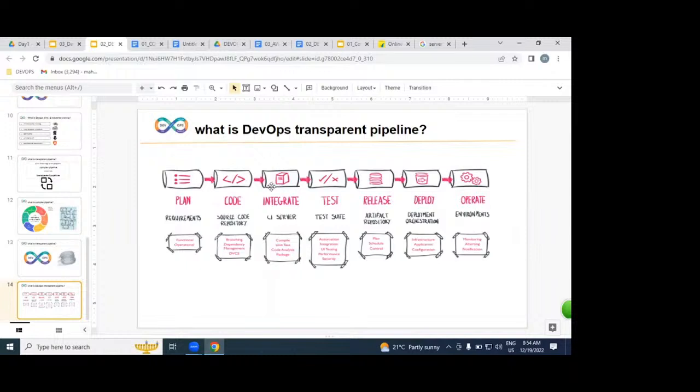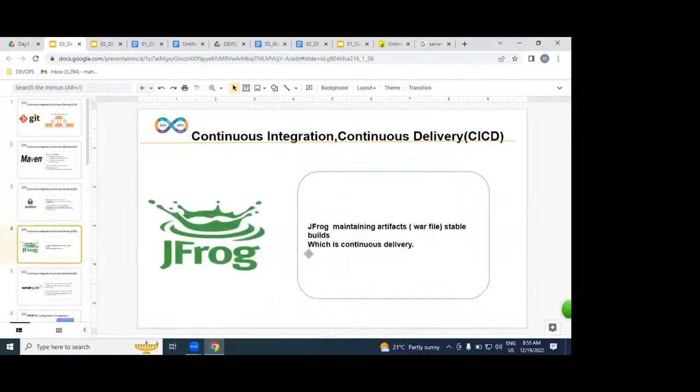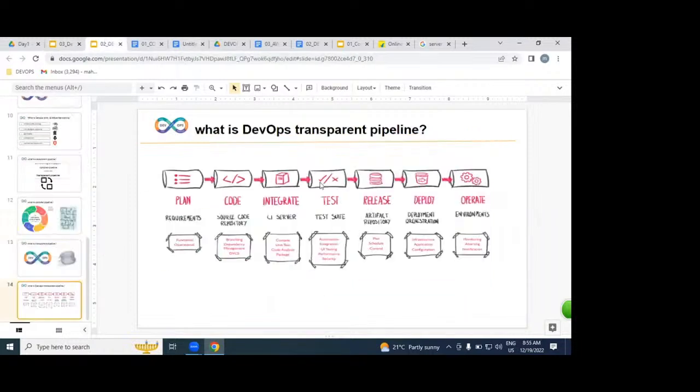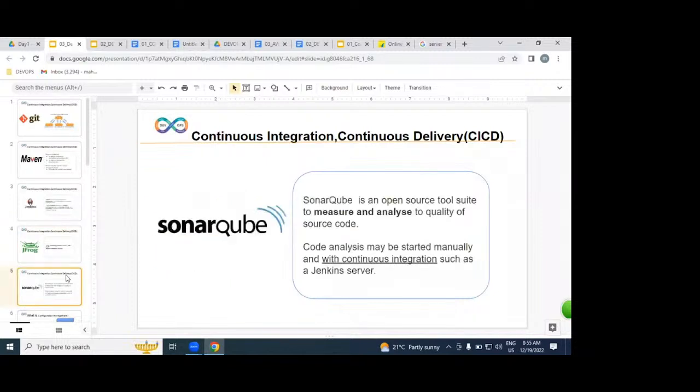Once it is automated, we hold our working software in a release. The release is nothing but JFrog. And we are going to learn SonarQube. SonarQube is a code analyzer.